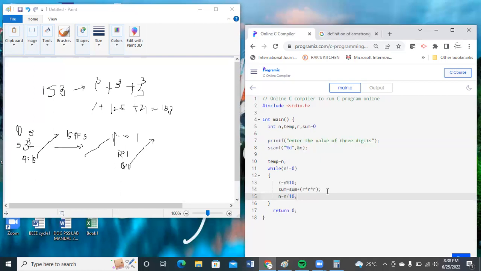Okay. Once you got this, now the sum value, that means 3 cube plus 5 cube plus 1 cube. So now the sum value is compared with your temporary value, because already I assigned my given number to the temporary variable, because I'm disturbing the n right now. So to not disturb the given value, I stored that one in a temporary variable. So now we will check whether whatever you stored in the temporary is equal to your sum or not. If it is equal to sum,